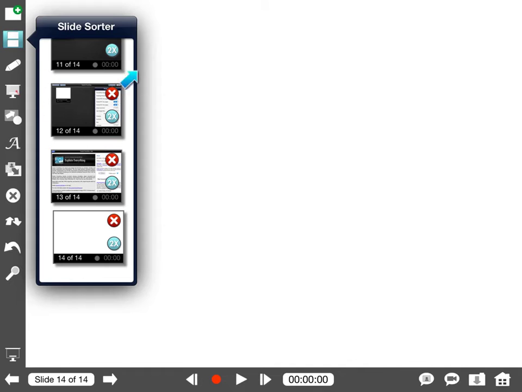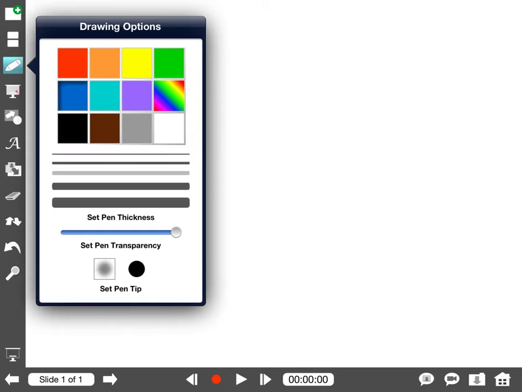Also, you can choose to delete a slide or duplicate a slide within the Slide Sorter function by clicking on either of the appropriate options. Delete, duplicate. Next is the Drawing Options feature. Within Drawing Options, you can choose a color, choose a line thickness, and choose a transparency of a line to draw on your presentation. For example,